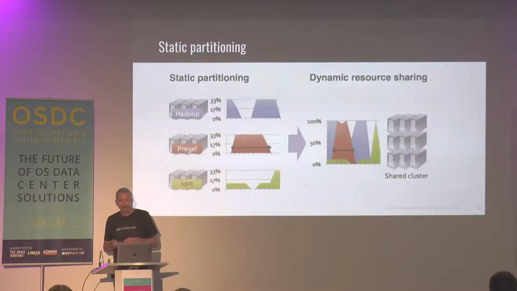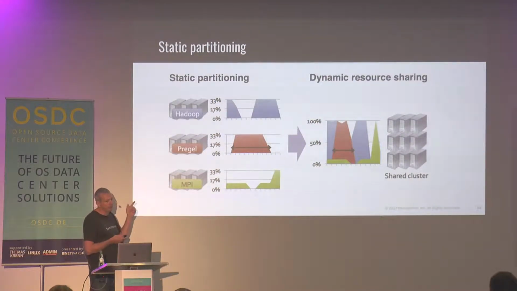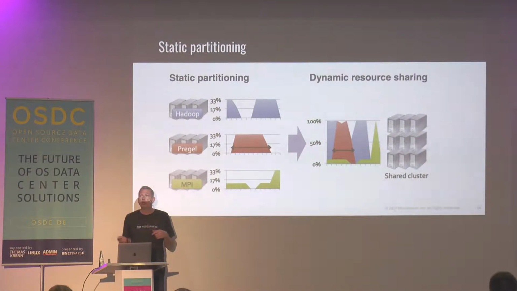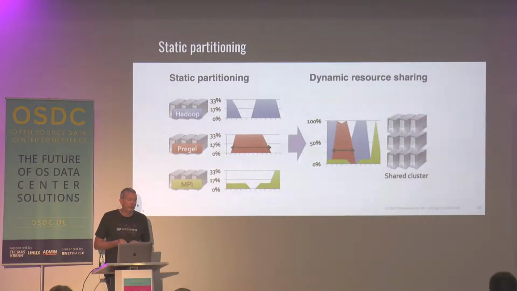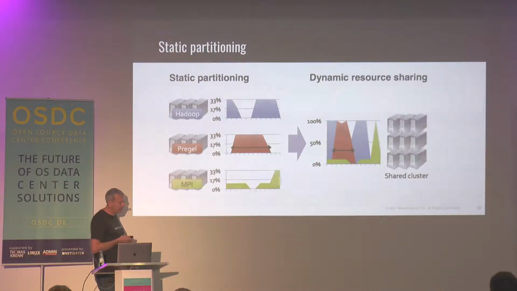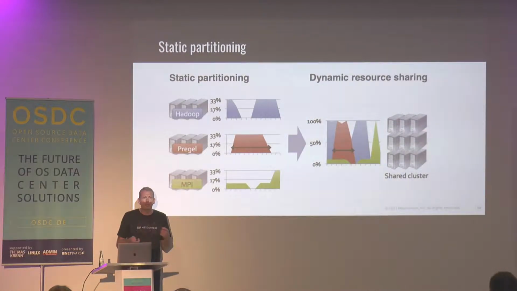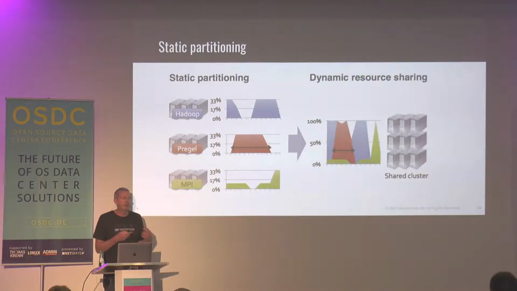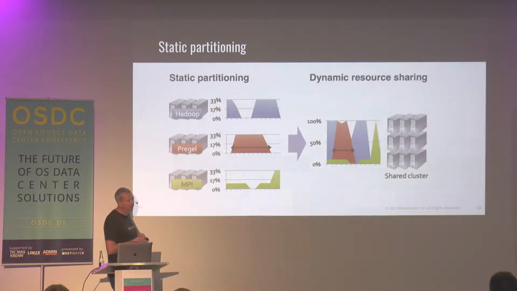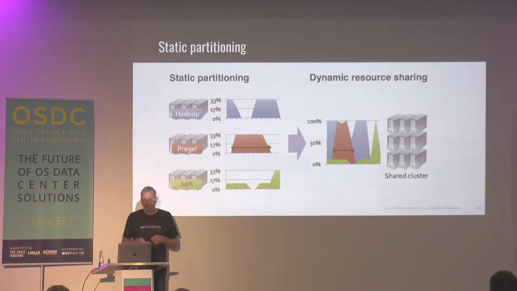So we end up over-provisioning to deal with both peaks and troughs and to deal with failure scenarios. The other problem with static partitioning like that is that workloads are almost never uniform in either time or resources. We have certain workloads that may be long running but not take much resource, but we have other workloads that are highly spiky, and we have some that are very short-lived. Again, we have to over-provision to deal with those patterns. A much better approach would be to dynamically share resources across our entire cluster, which would give us much higher utilization and a much more efficient use of all of our machines.